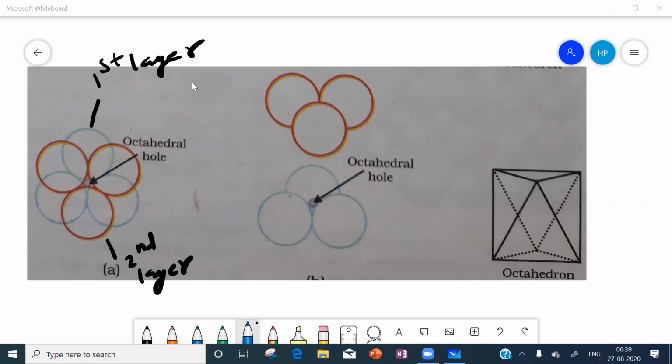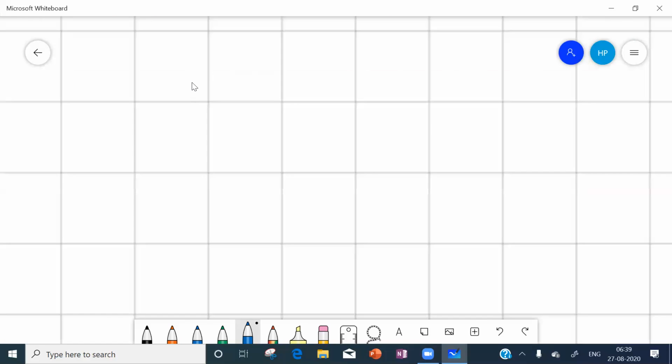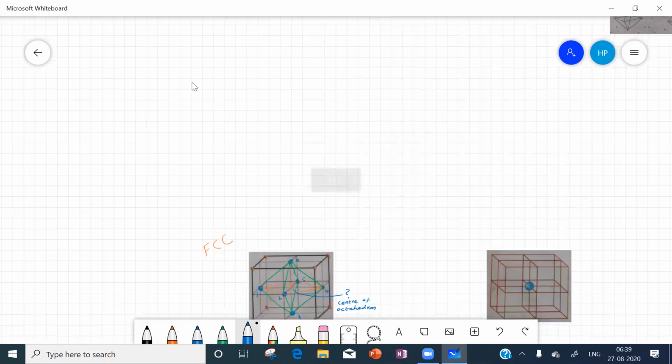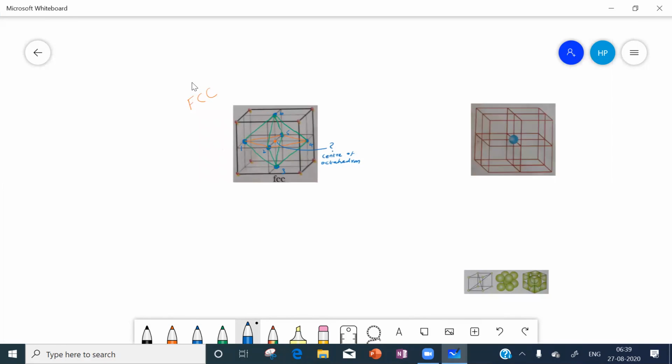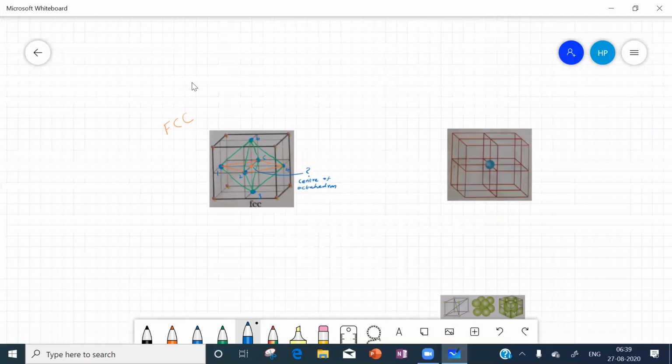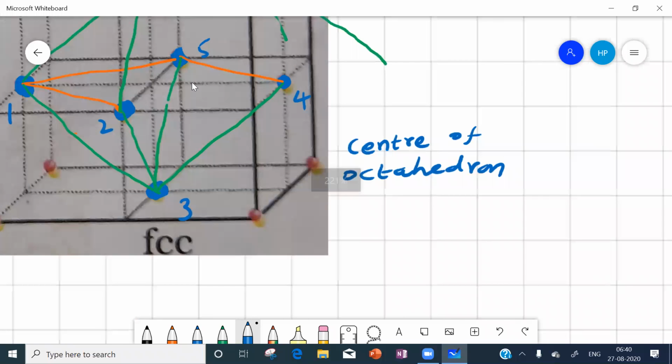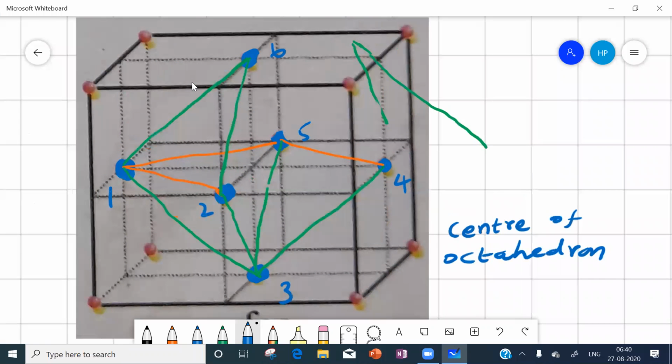So now you say, the center of the octahedron is called what? In this place, the center of this octahedron is called what shall we say?